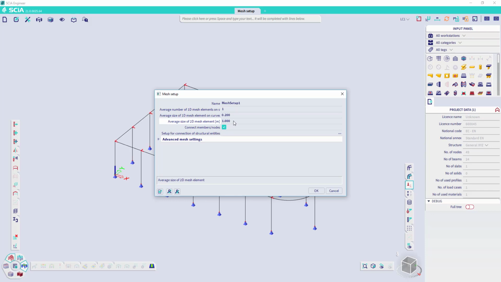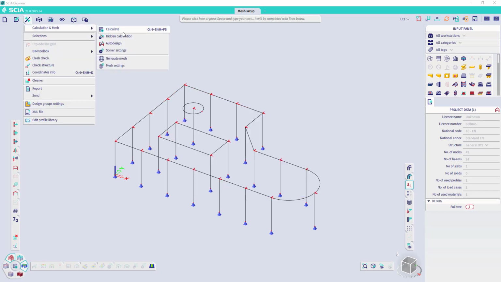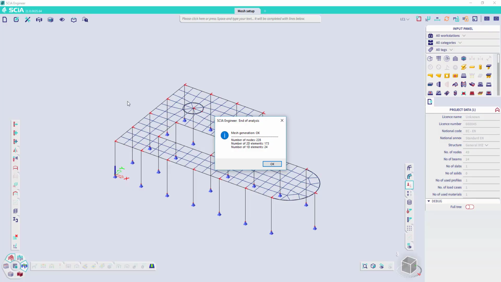Now we advise to use a value of 1 until 1.5 times the thickness of your plate element as a starting value for the mesh. For now, I will just leave it to the default value. Go to Tools, and now we can generate the mesh, and then we can have a look how it is